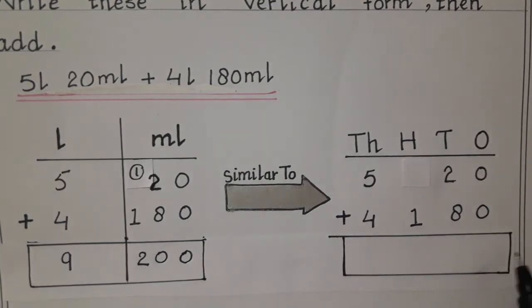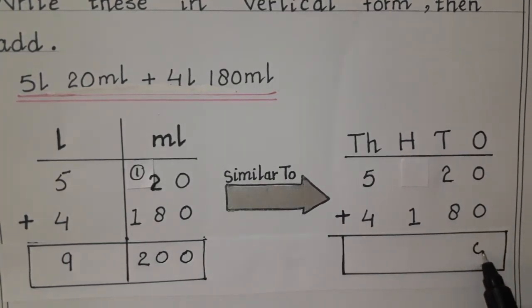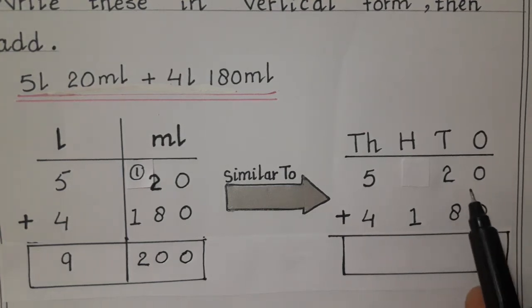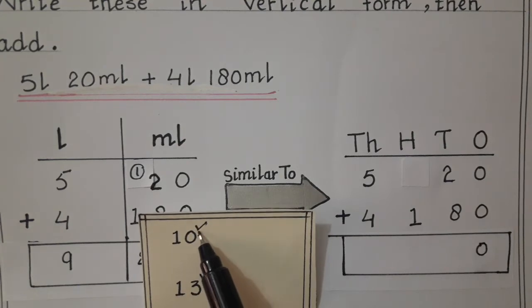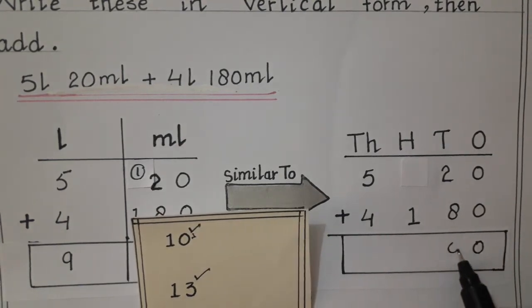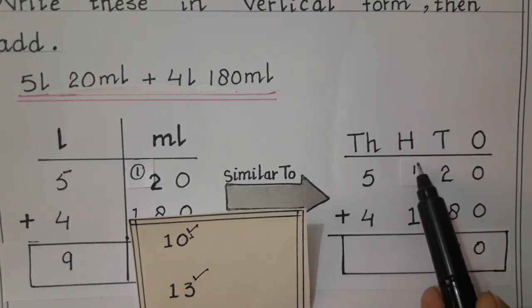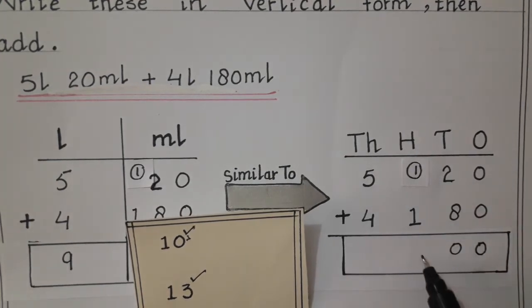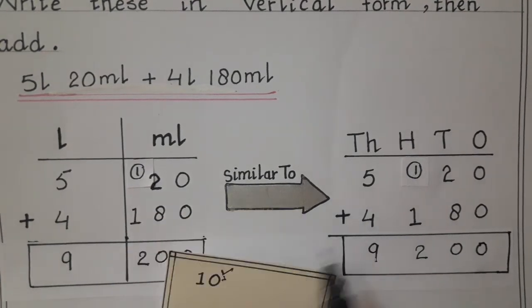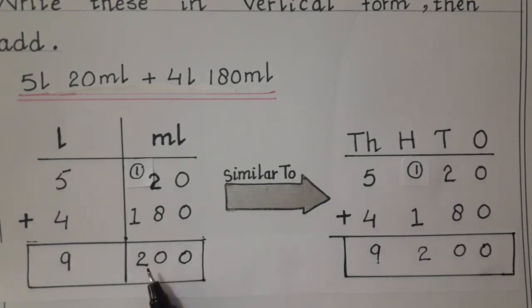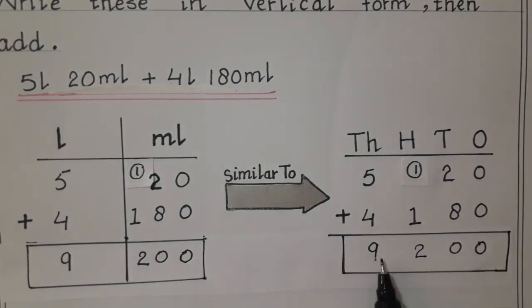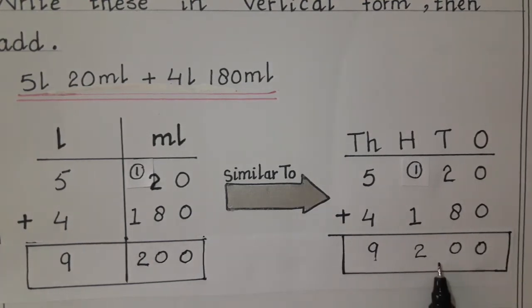0 and 0, we get the answer 0. 8 and 2, when we add both of these numbers, we again get the same answer. So we will choose the 0, and we will move 1 over here. So 1 and 1, yes, 2, and 5 and 4, 9. Students, you can see here we get the same answer, 9 liter 200 milliliter. Here again 9 and 9200. So we get the same answer.